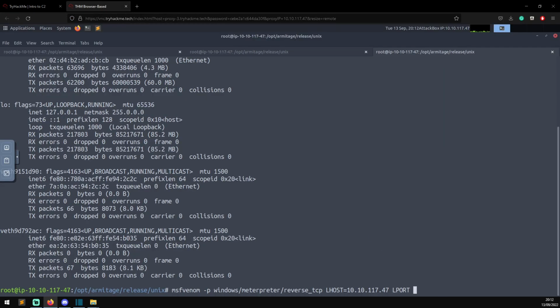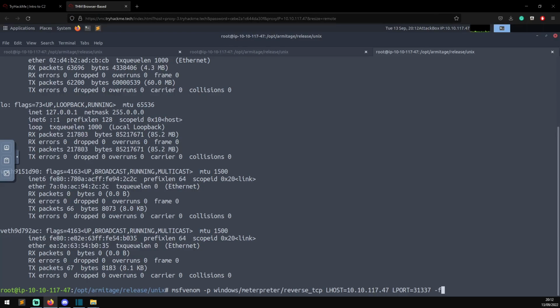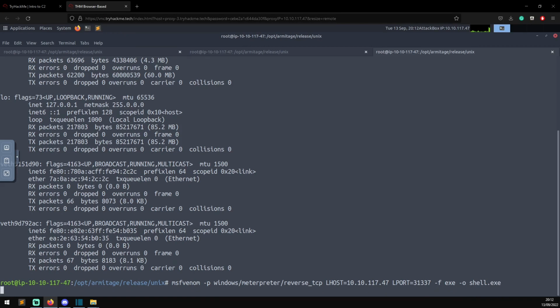LPORT equals 31337, and then the format is exe, and then output is shell.exe, -o shell.exe,